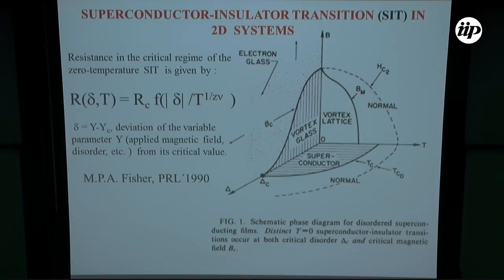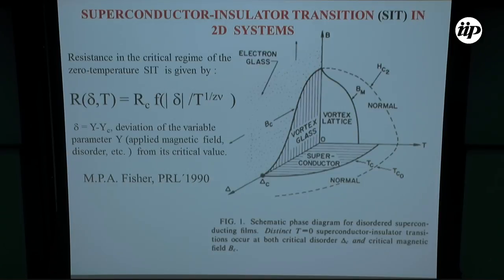The transition is from the superconducting state, or vortex glass if you introduce quench disorder, to an insulating state related to Bose-Einstein condensation of the vortices, because vortices are bosons. The idea was exactly that, in the vicinity of or just at the critical parameter epsilon c, which can be the applied magnetic field, disorder, or electric field carrier density in the studied films and so on,